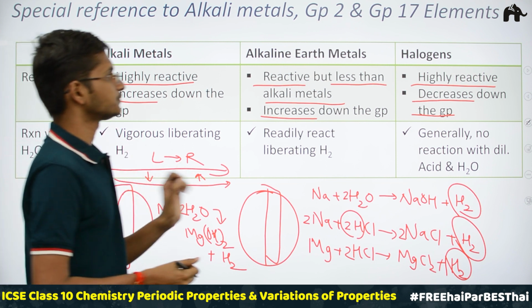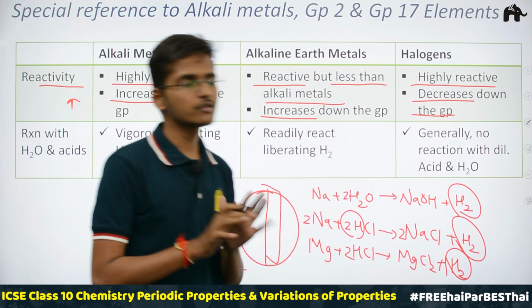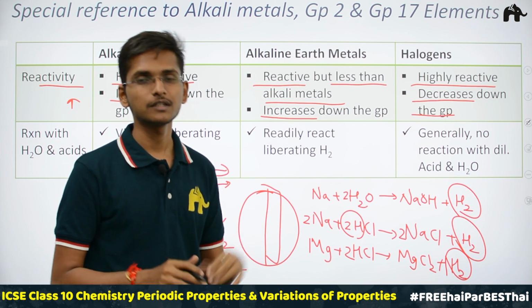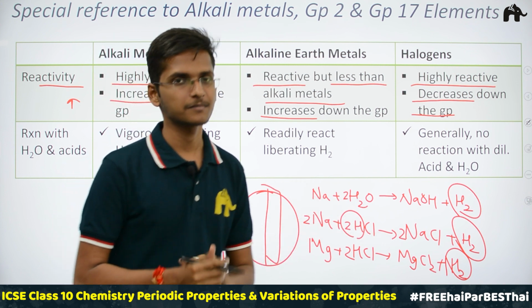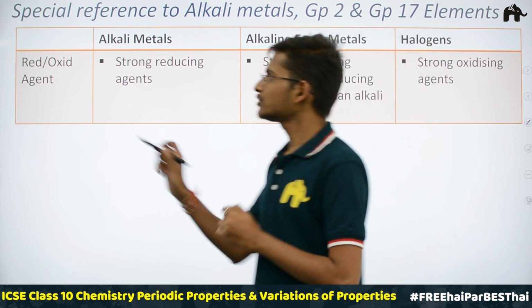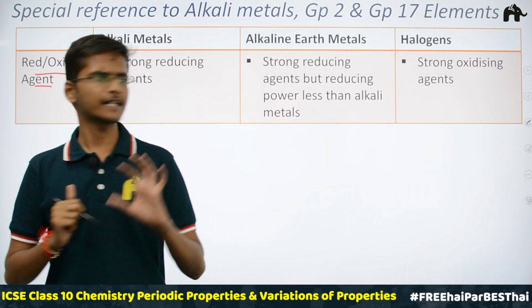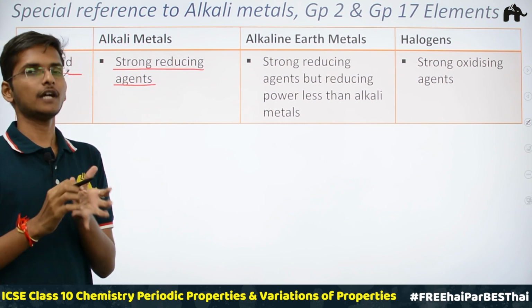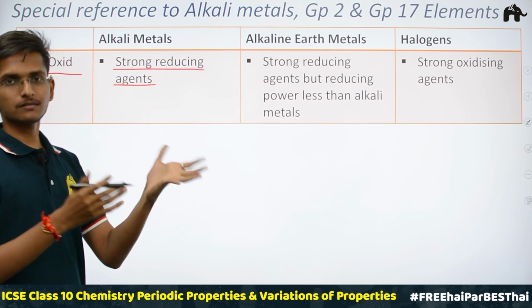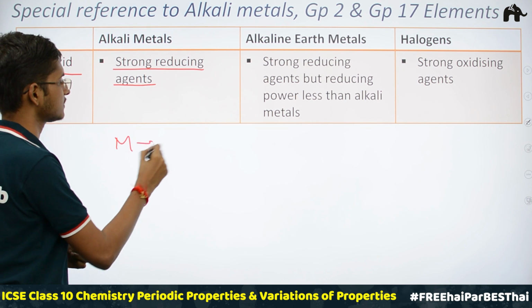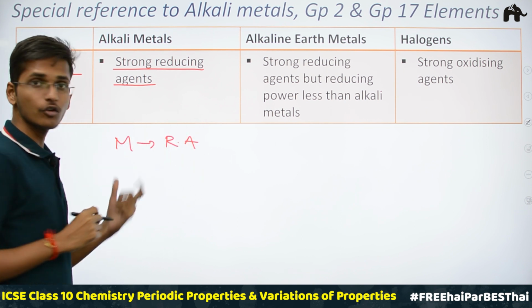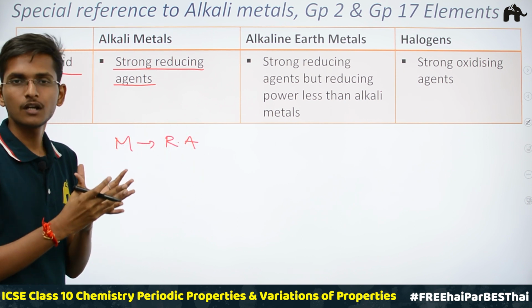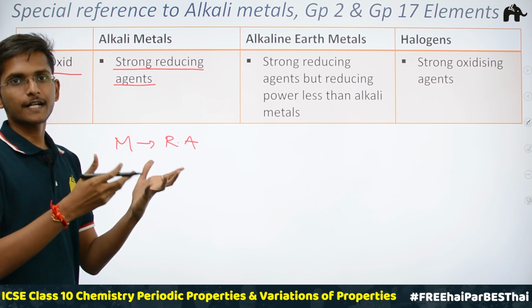Next, halogens. Halogens generally don't show any reaction with water as well as dilute acids. Next is reducing and oxidizing agents. Alkali metals are strong reducing agents. We have already studied that metals are good reducing agents, and that the more the tendency to lose electrons,